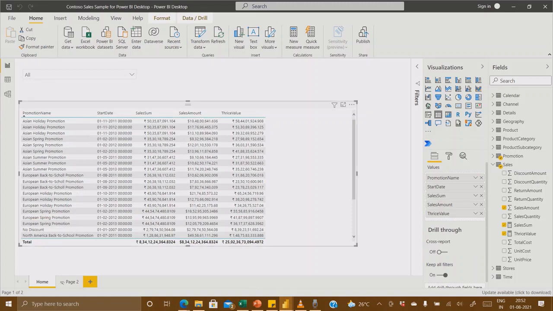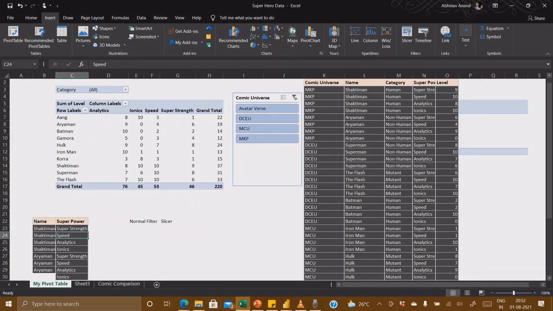We have many functions present here which need separate, extra attention and care. So basically we have discussed one thing today, that is measure and filter context.